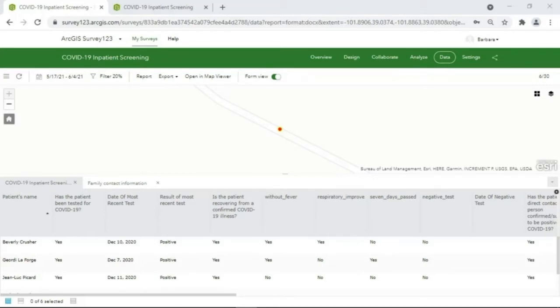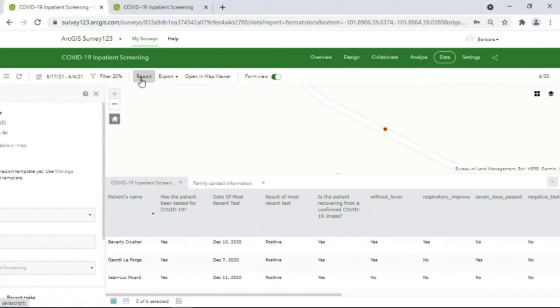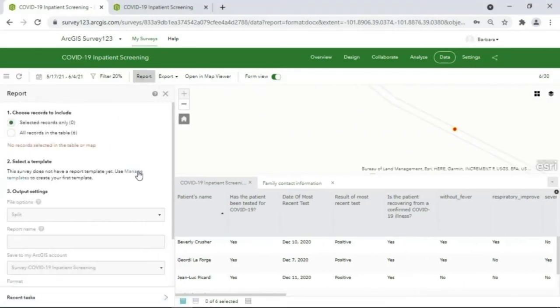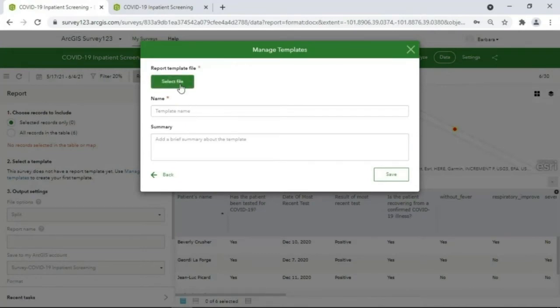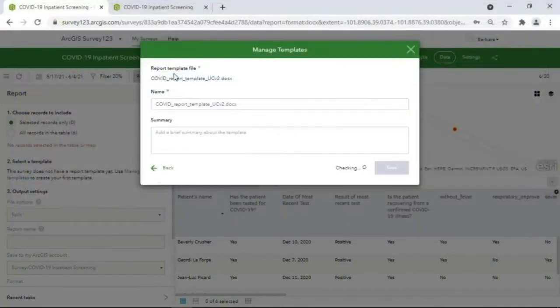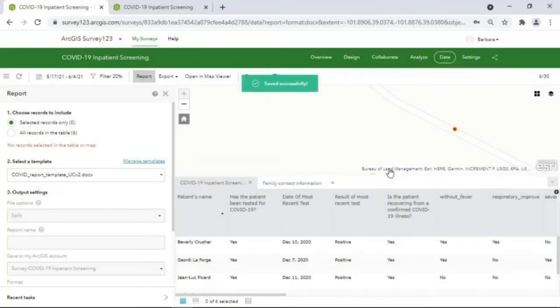Now that we've added everything we want to the summary report template, let's export it and look at our final result. From the Data tab in the Survey123 website, open the Report pane and upload the Word document template. Save the template